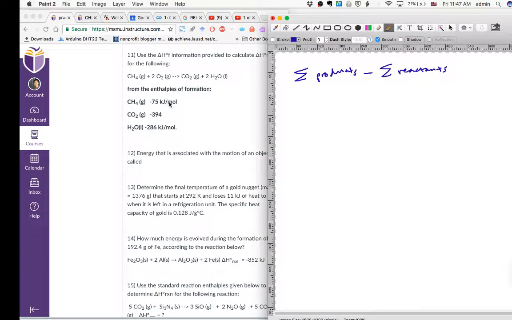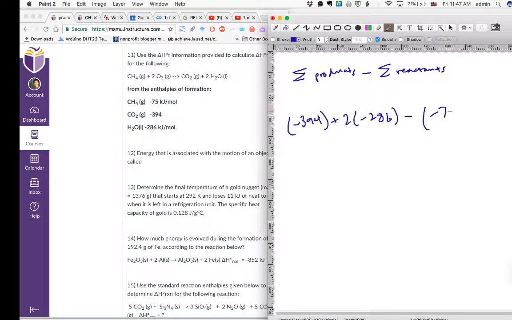I'll do the products first. I've got 1 carbon dioxide at negative 394. I've got 2 waters at negative 286 each. I'm going to subtract from there a methane, which is negative 75,